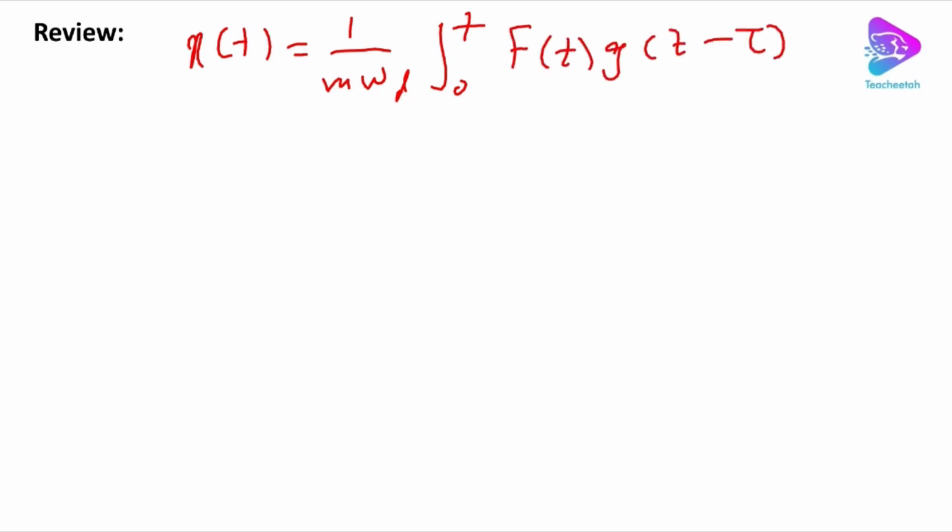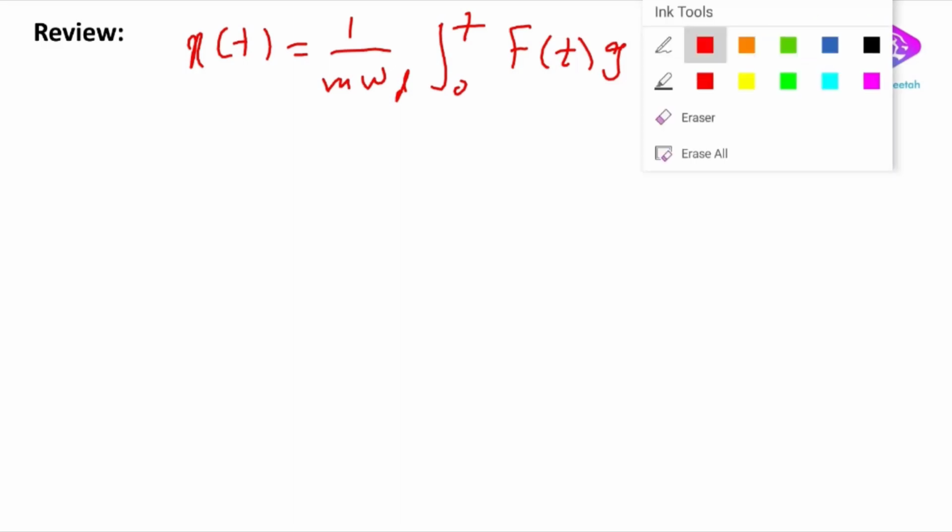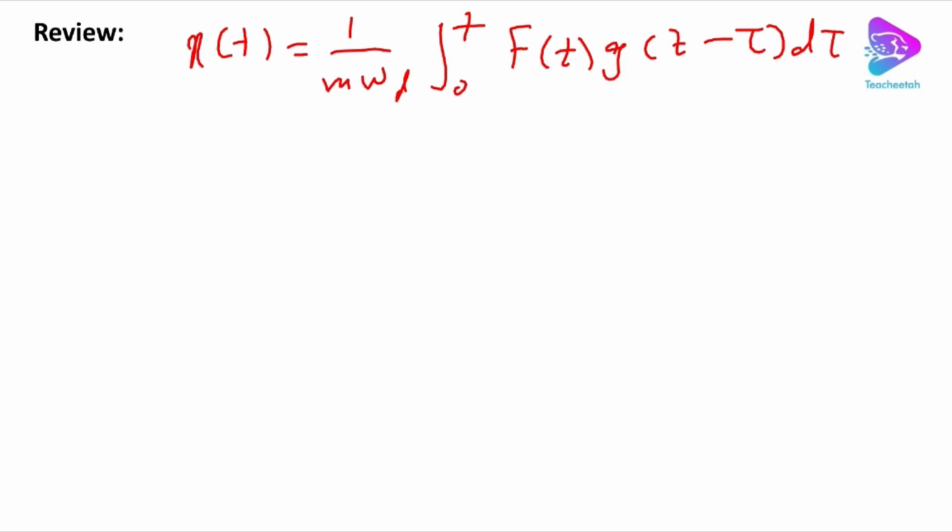The reason I'm repeating it in here is I just want to tell you what g(t minus tau) is. Just keep it in mind. And for sure, for the undamped system, g(t minus tau) is simpler, right? Okay, now I just want to go back to the case that we are discussing today, when the force disappears,